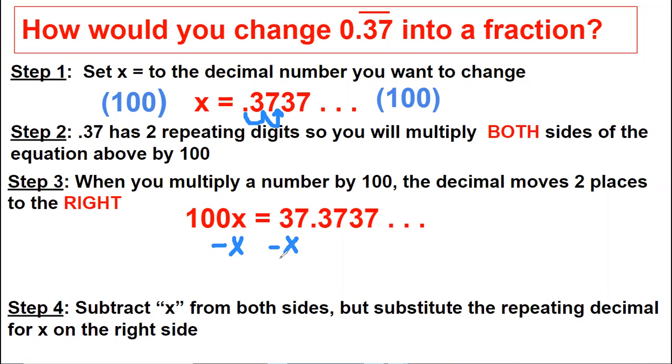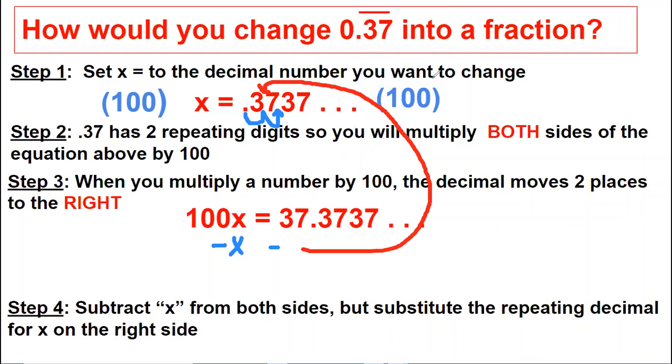But remember, up in step 1, we said that x equals 0.3737. So instead of putting an x in the spot right here, I'm going to put 0.3737. So I'm going to actually erase my x, and in place of it, I'm going to put